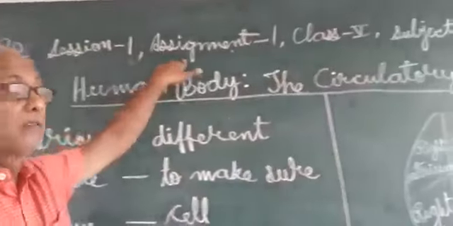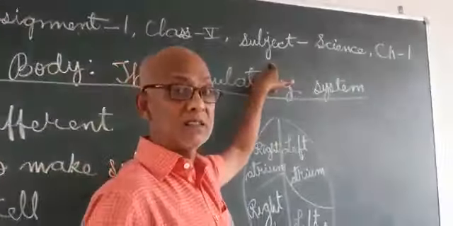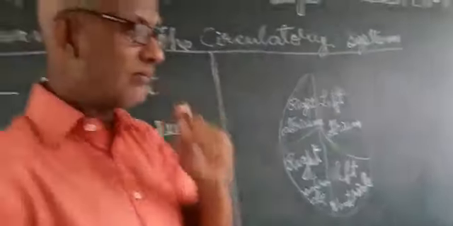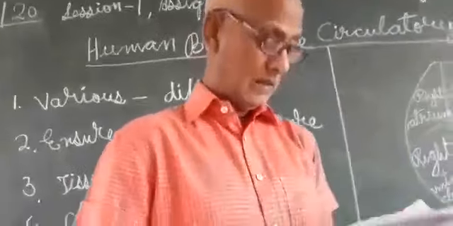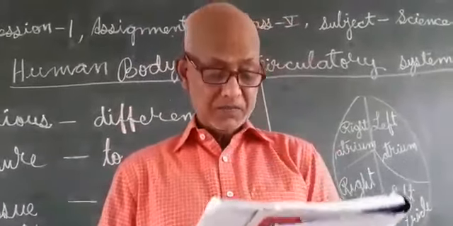First assignment, class 5, subject science, chapter 1, human body, the circulatory system. The circulatory system